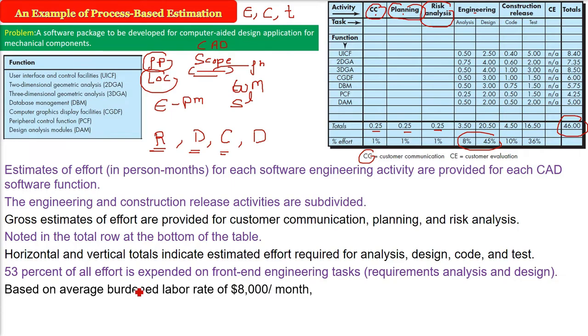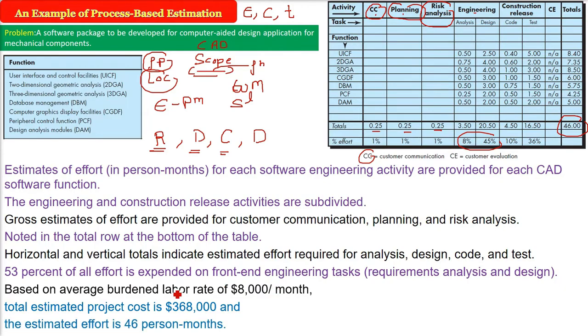Now let us start the computation. Let us say that the labor rate is $8,000 per month. So the total cost which will be estimated will be what? See, 8,000 per month. What number did we get there? 46. 46 is the person-months because we are actually finding out the effort only. Now 46 multiplied by 8,000. 46 is person-months. So multiplied by 8,000. What do you get? It will be a number